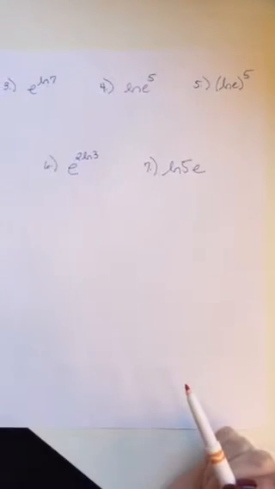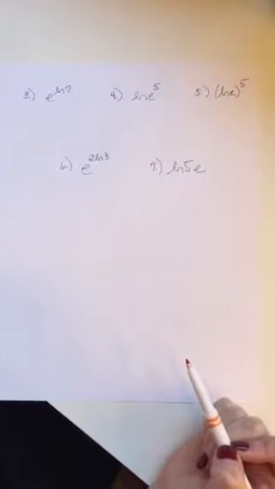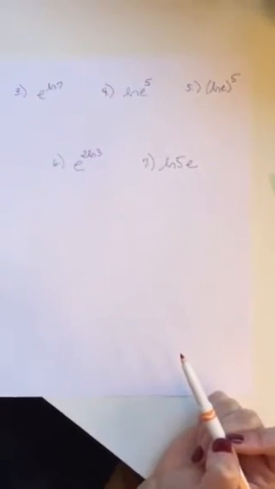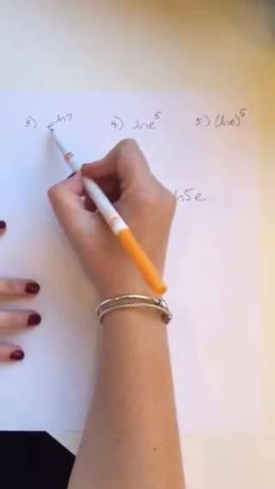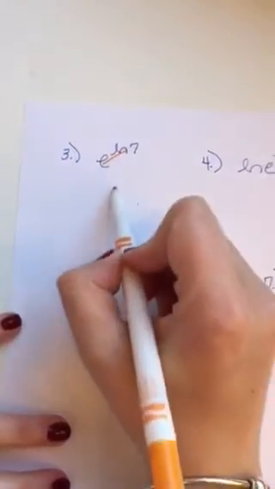Okay guys, this is the second part. We are going to simplify some e and ln expressions. Remember, we want to get e and ln together so that they can cancel out. Here I've got e raised to the ln of 7. e and ln, those cancel, and I'm left with a